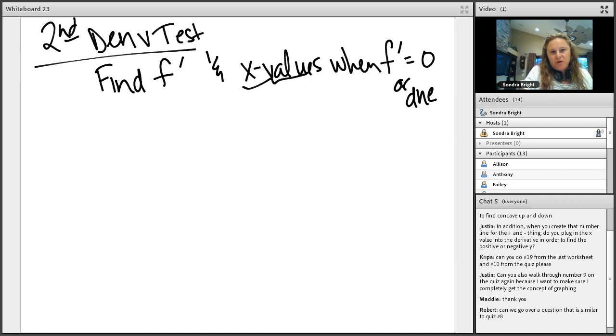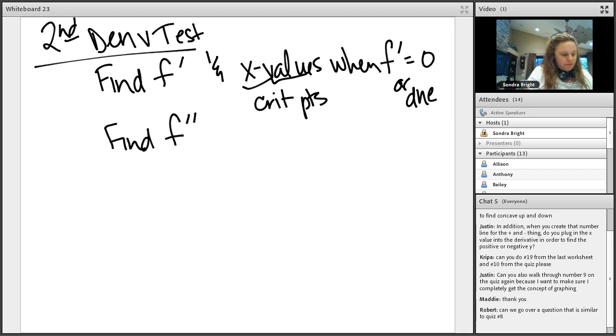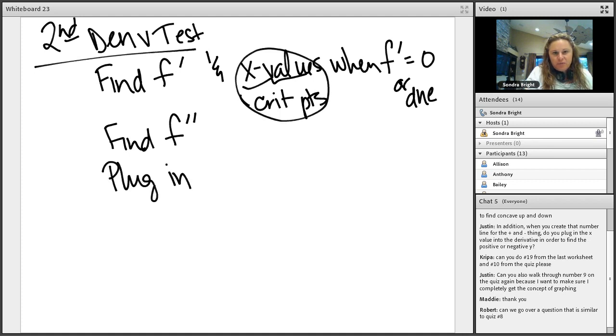So these are what you call those critical points or critical values. Then you're going to find the second derivative, and then you're going to plug in these critical points into